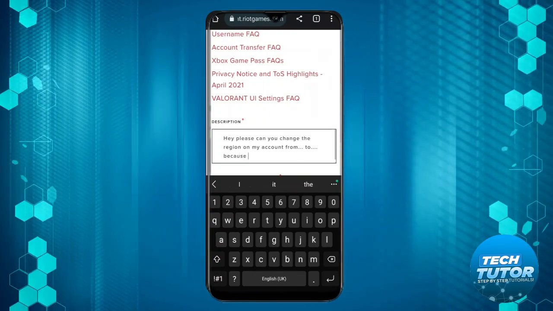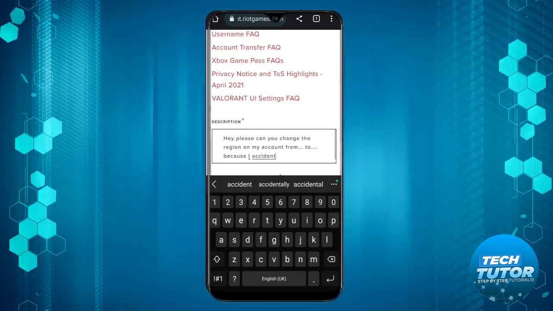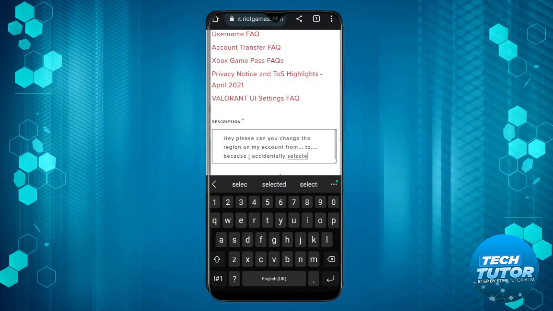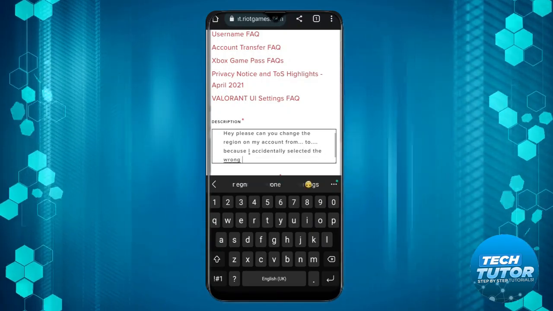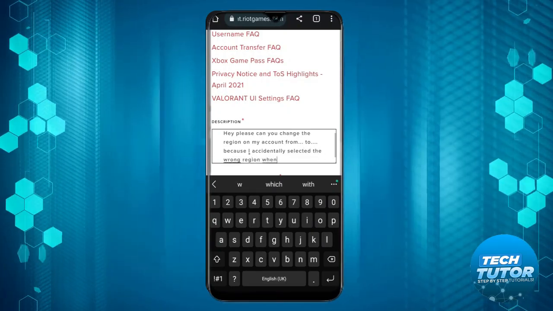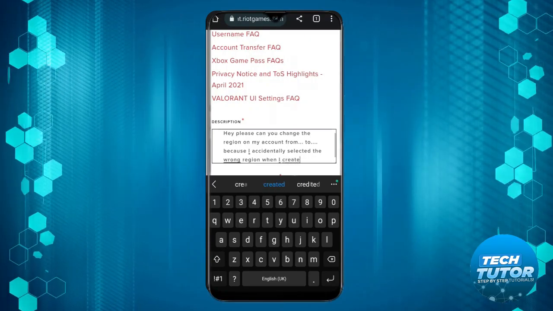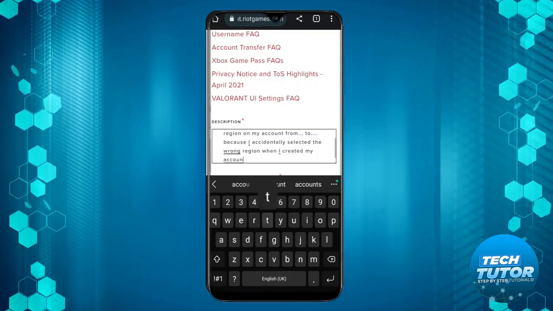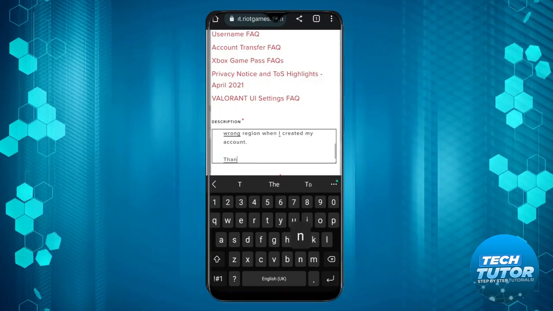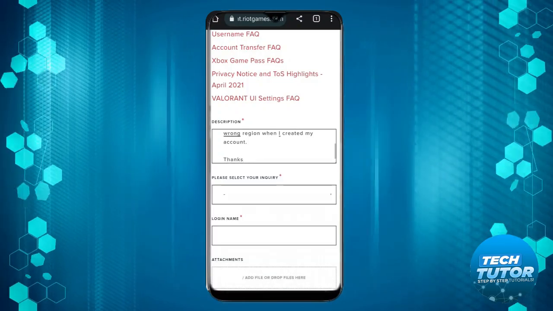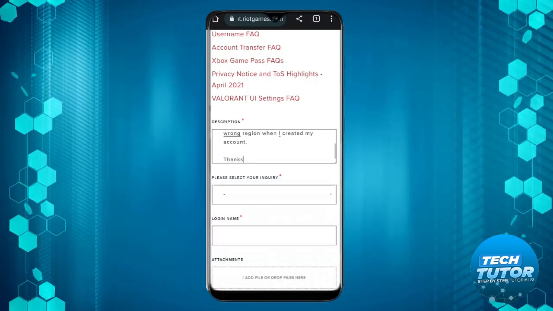So because I accidentally selected the wrong region when I created my account. Thanks. Okay, and underneath, where it says please select your inquiry, go ahead and click down onto the drop down box,